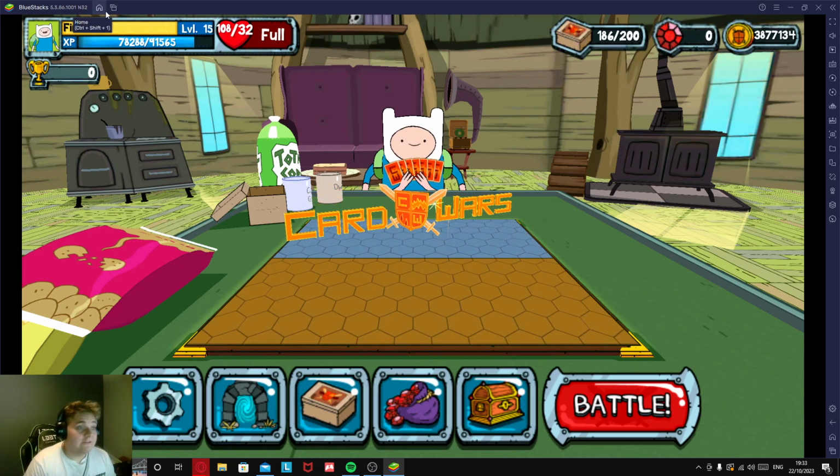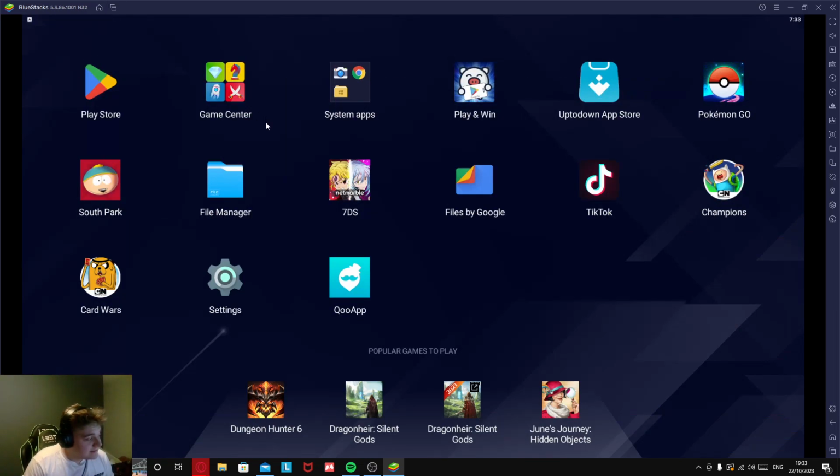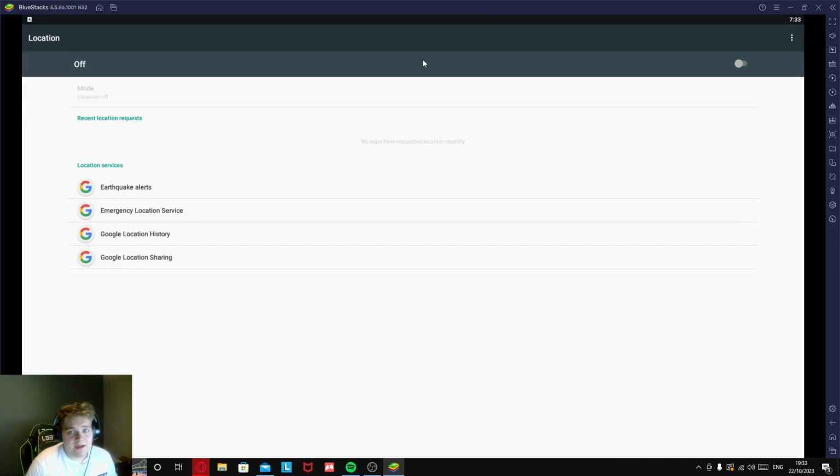And also, if you want to cheat at Card Wars, because in Card Wars there are free daily gifts. You spin free every day, and then you can get rewards to use for pack openings or whatever. If you want to cheat at the game, like I said, this is